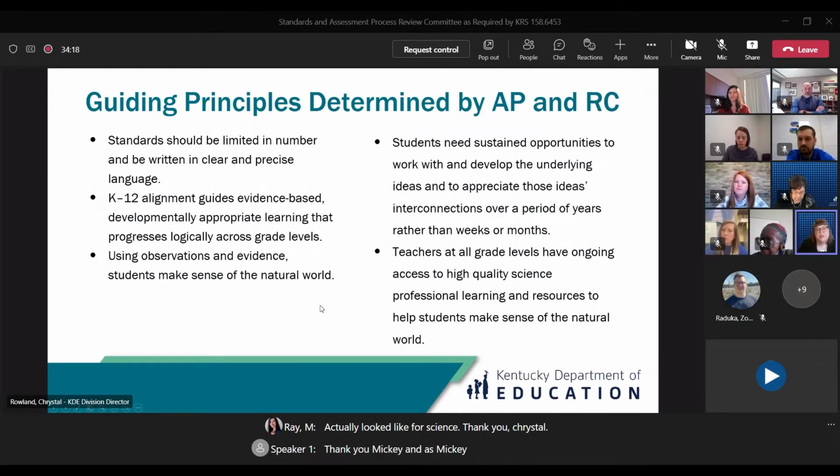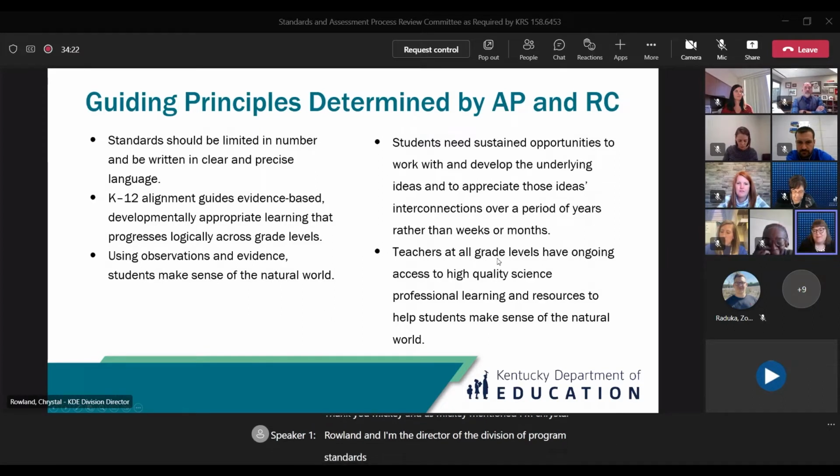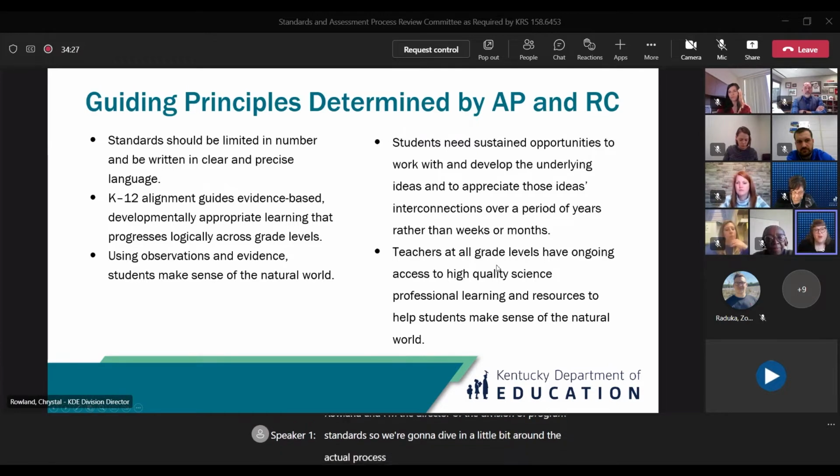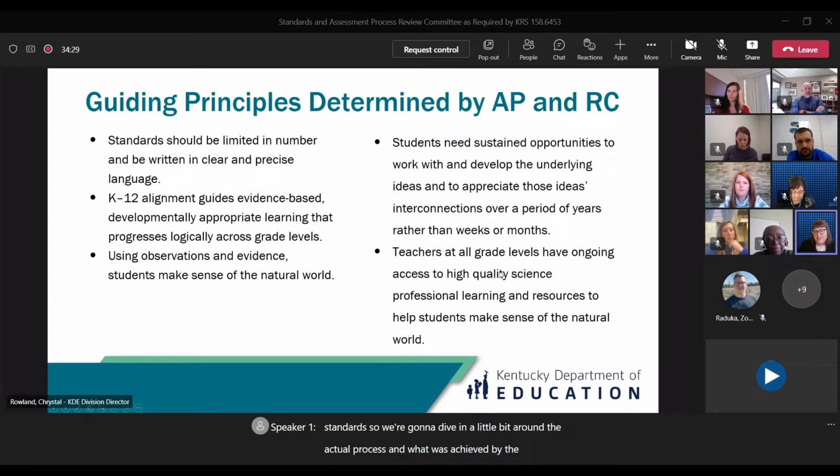As Mickey mentioned, I'm Crystal Rowland, and I'm the director of the Division of Program Standards. So we're going to dive in a little bit around the actual process and what was achieved by the advisory panels and review committee. So the advisory panels and review committees developed guiding principles to anchor their work early in